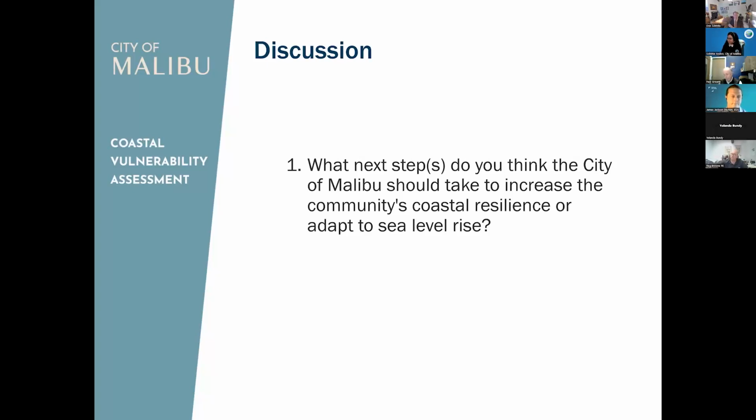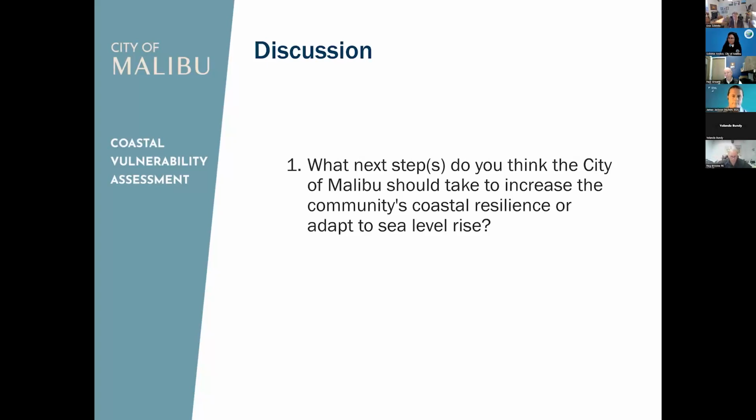In regards to a comment, I think that you ought to take a hard look at, seeing as this is a vulnerability study for Malibu, and we're talking about what the different options are, that significant sections of the coastline in Malibu are completely developed. And both in the Coastal Act under Section 30253 and the recent case law with the Casimir Homeowners Association, the city of Malibu is going to be obliged to allow shoreline protection devices. Now, this is not just an academic exercise that you're going through with all this study and analysis. It's to